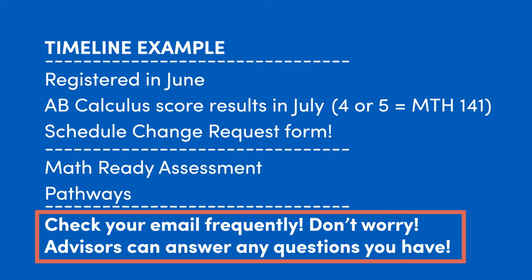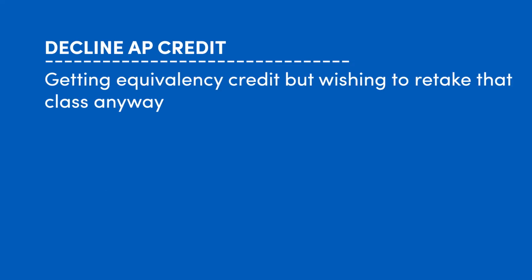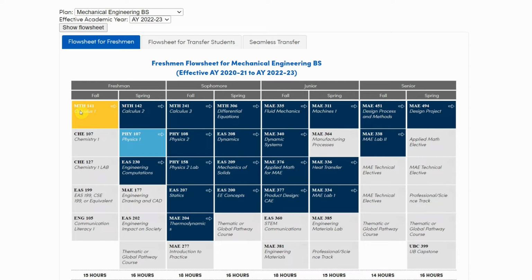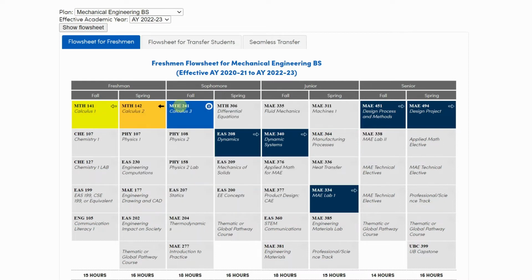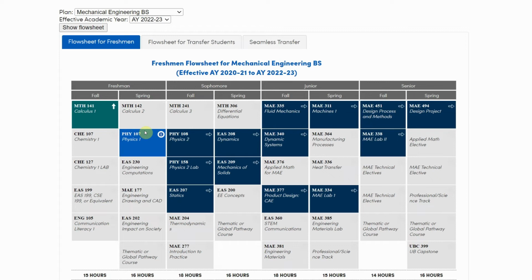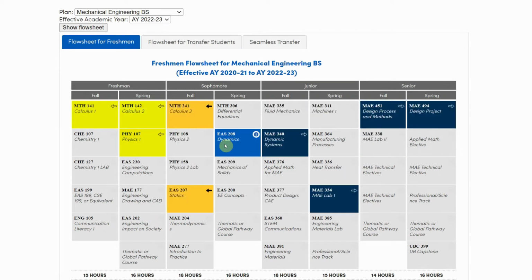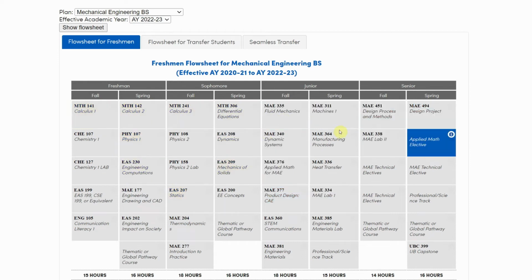You can also decline AP credit. So if you receive a 4 or 5 in AB Calculus and you wanted to still take Calculus 1 anyway at UB, you can decline the AP credit by completing a form. Using mechanical engineering as an example, you can see how many classes depend on a solid foundation in Math 141. So it's encouraged to consider declining AP credit for AB Calculus, as launching directly into Calculus 2, even with a score of 4 or 5 on the AP exam, can be challenging, and lots of classes depend on that solid